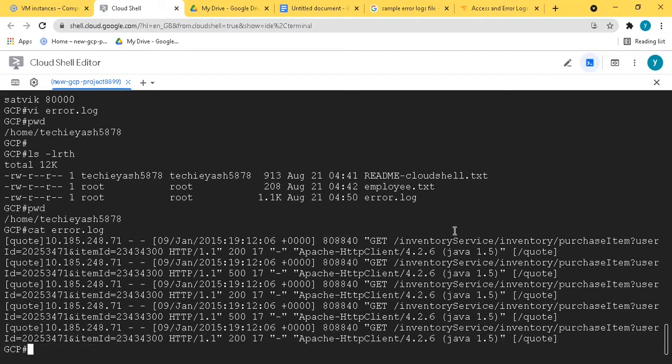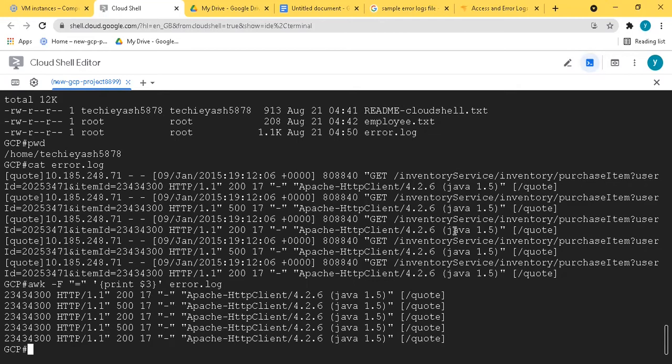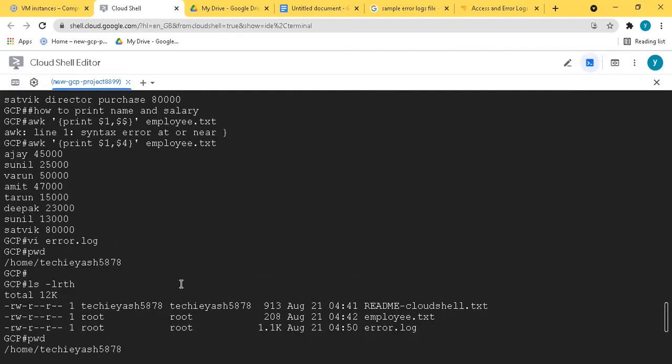So if I run this once, I say AWK and I say field separator. What is the field separator option? F is the field separator, equal to, and I say print $3, error log something. So if you see, this is the field separator and the third field is coming from everywhere. For tabular form data, I was just trying to make you understand the simple operations.